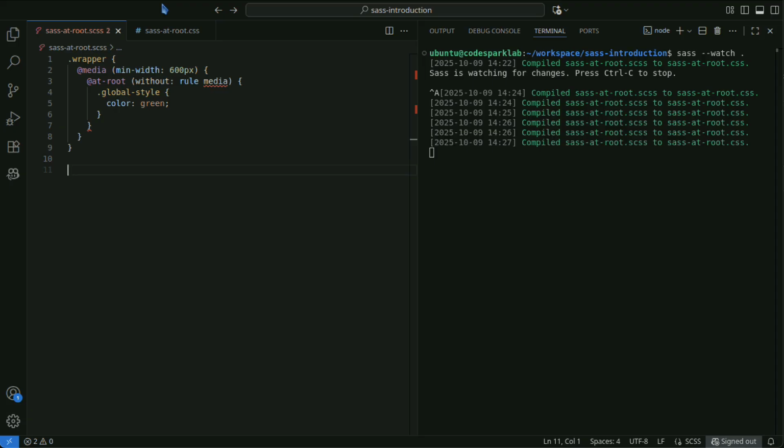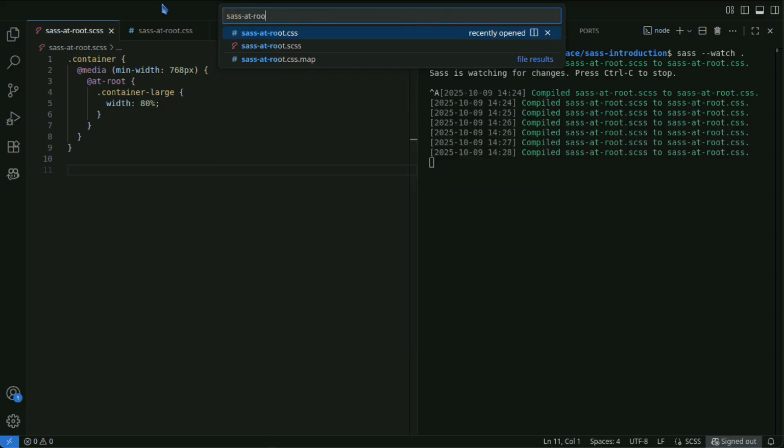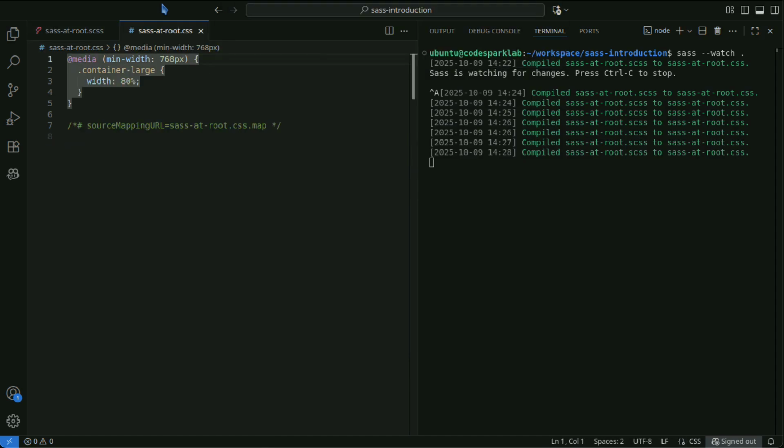Using @at-root, you can output root-level styles from within media queries. This lets you define responsive design at the component level. When you convert the Sass file to CSS, it will look like this. Using @root, you can output root-level styles from within media queries as well. This makes it easy to define independent global styles for each breakpoint.